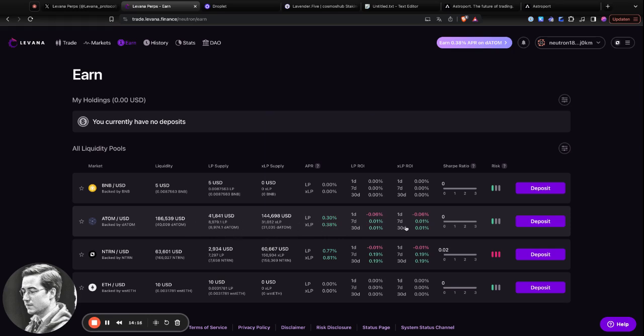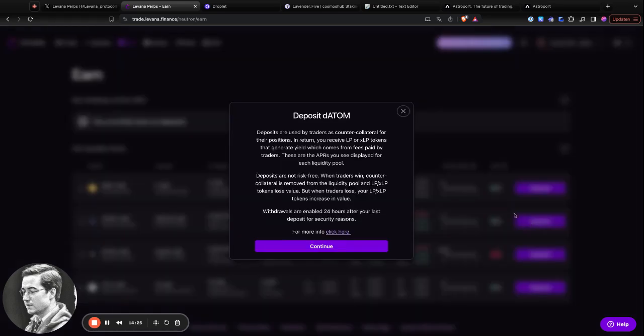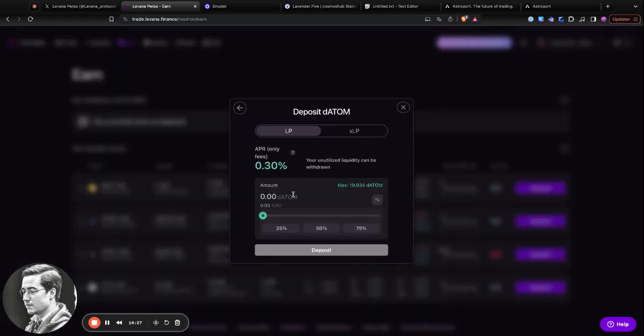So be careful when you do this, that you just know that if the traders win, and that can happen in the short term, probably not in the long term, that has an impact on you. But I'm going to deposit some of my leftover collateral. I need to deposit here, so I'm going to put 2.5 because remember I put up a position of 5 dATOM at 2x, meaning 10 ATOM short, and I already have 5 ATOM, so I need to put another 2.5